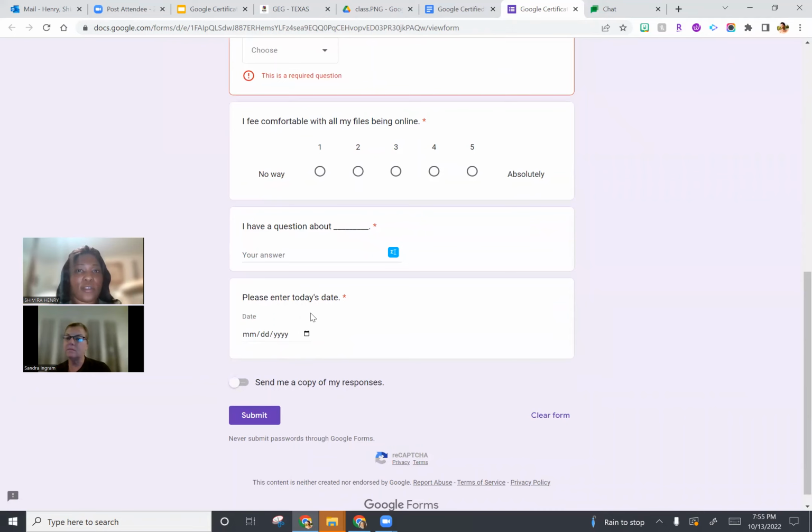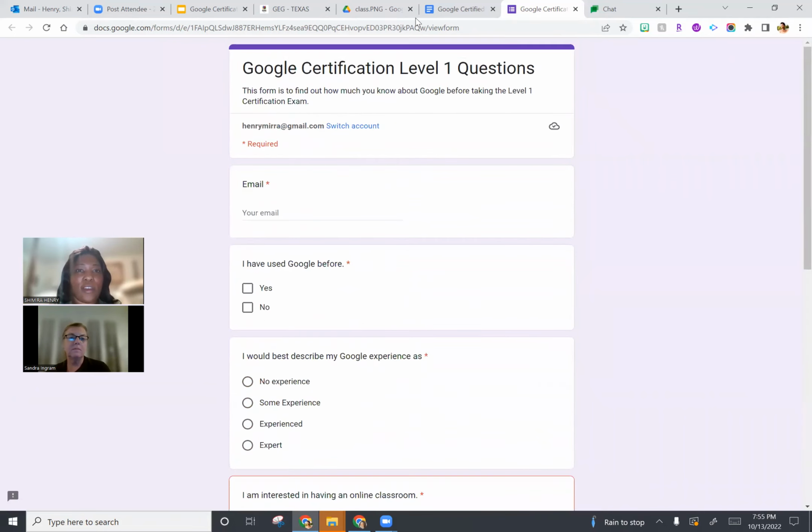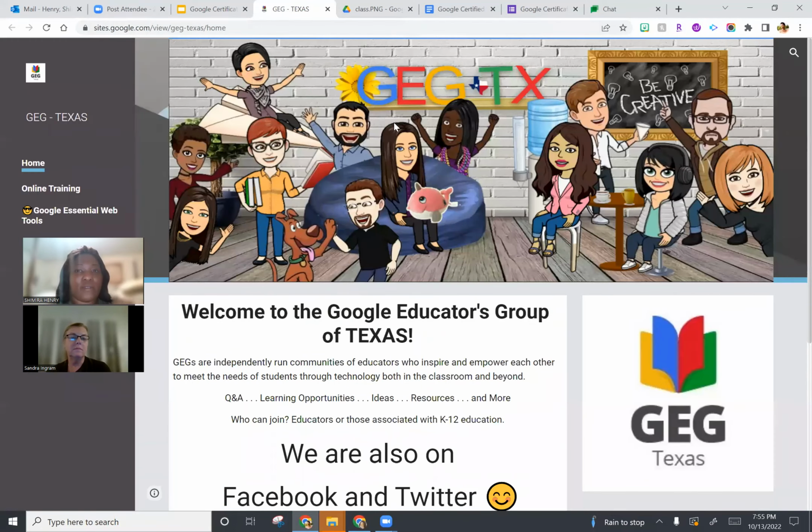I also want to celebrate you on the GEG. You gave me a great idea when you talked about this image. I now know that for this upcoming unit in mathematics, I'm going to section off the different subjects, topics for mathematics of fractions, like equivalent fractions, simplifying fractions, and numbers on the number line, and insert different videos. That way I can place this on my Google Classroom and my students will be able to use it as a reference.